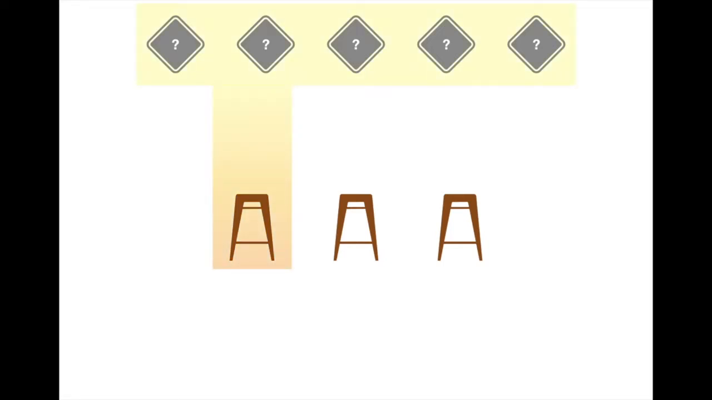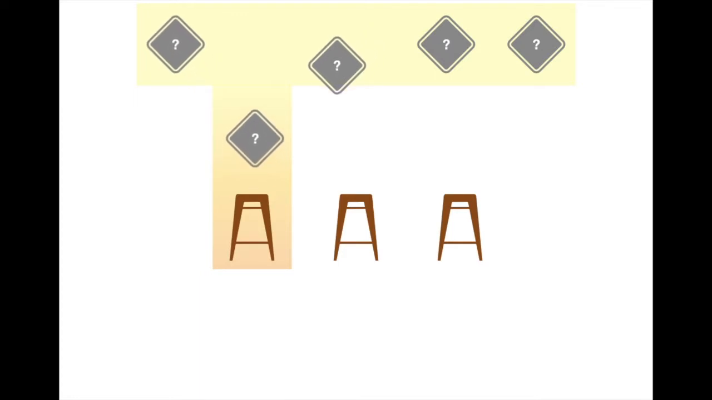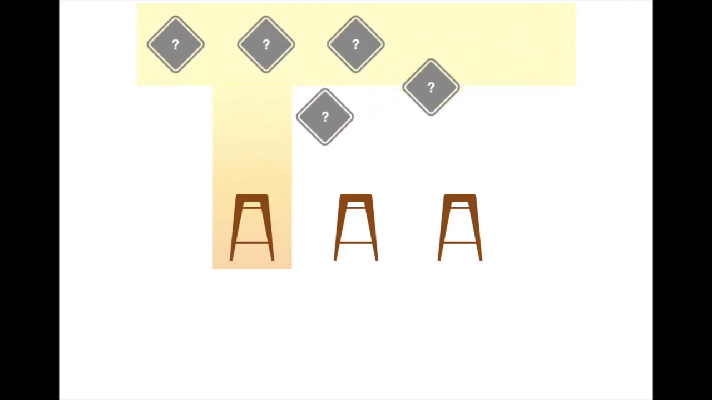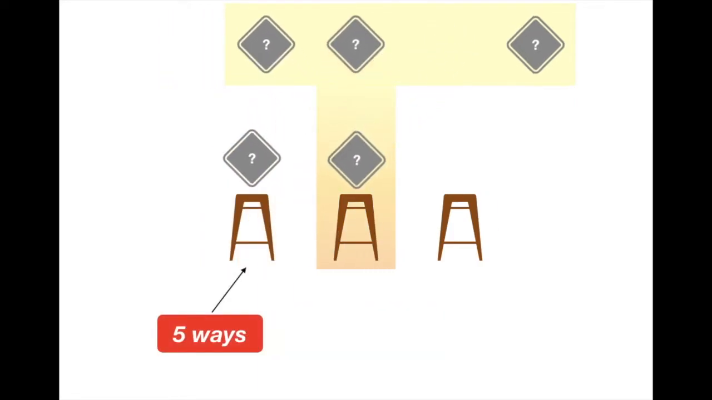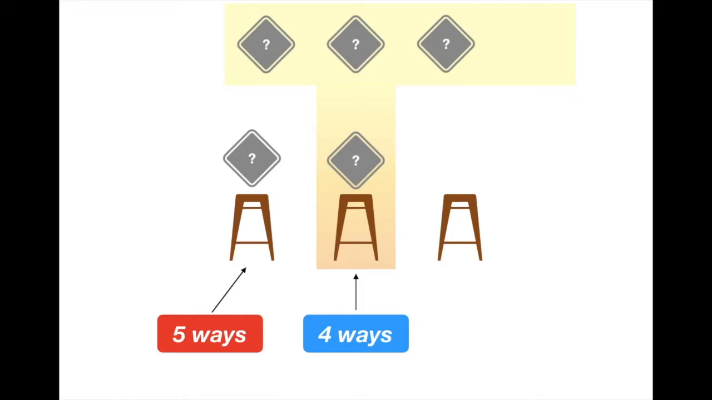Well, let's take a look and focus on the first stool. Right now I've got 5 different hats that can go on that stool, so there are at this point 5 different ways I can place the first hat on the first stool. Similarly, I can take 4 of the remaining hats and place those on the second stool. So right now, there are a total of 20 possible ways to place the first 2 hats on the first